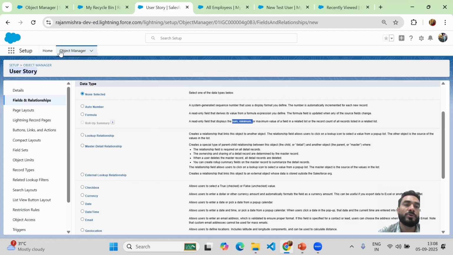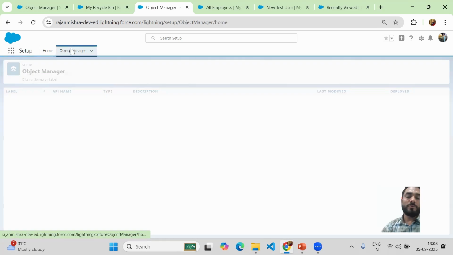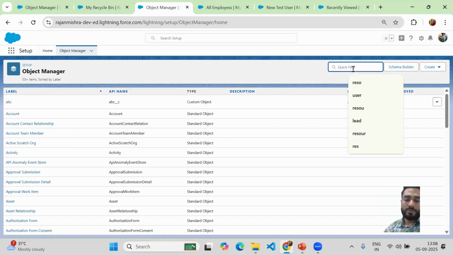If I use this user story as a master for linking with any other object, suppose I have created another object ABC, and on the ABC object I am creating a master detail relationship by using this user story, then under the user story object it will be enabled. But as of now, there is no master linking, and this user story is a child object, so that's why it's not giving the option. Now I will go to my employee